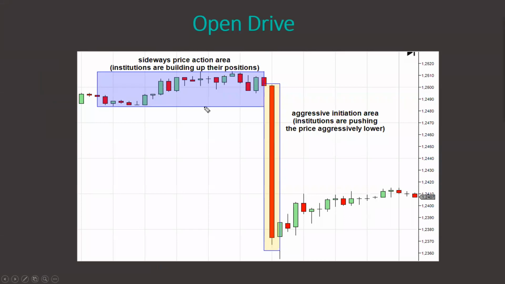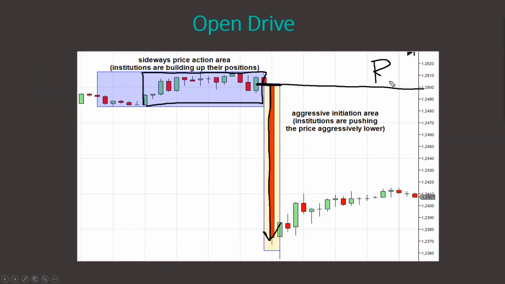It could look, for example, like this. There is a rotation. And from this rotation, boom, crazy strong sell-off. And this is the open drive. This is where it all started. So this is the resistance. When the price makes it back to that resistance again at some point in the future, it doesn't need to be soon, but as soon as the price makes the pullback there, then it's short from there, right?